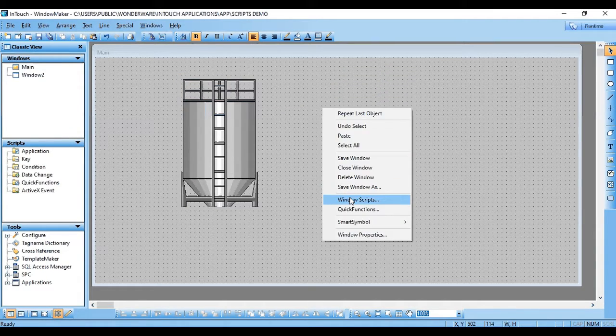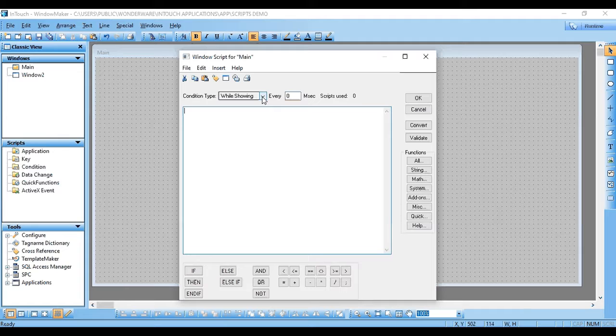Right click, go to the window script. There will be three options: on show, while showing and on hide. On show will execute the script when we open this window. While showing means it will continue to execute the script as long as that window remains open. And on hide will execute the script when that window is being closed.